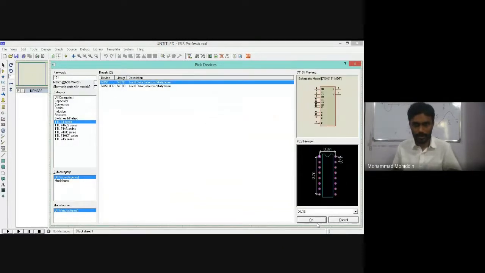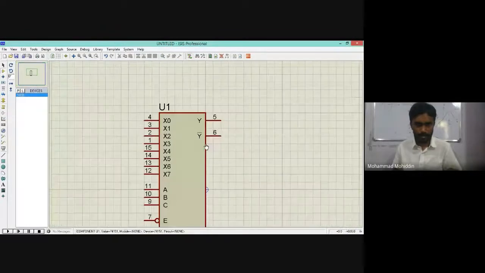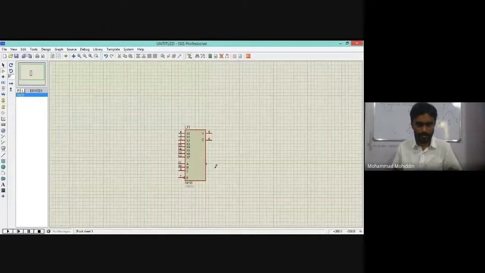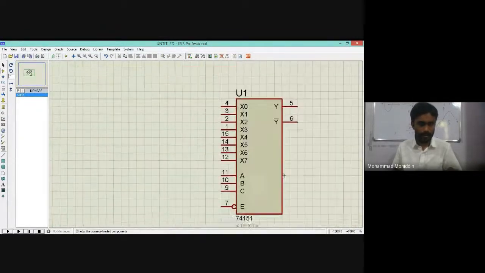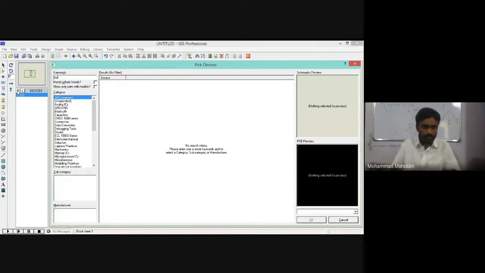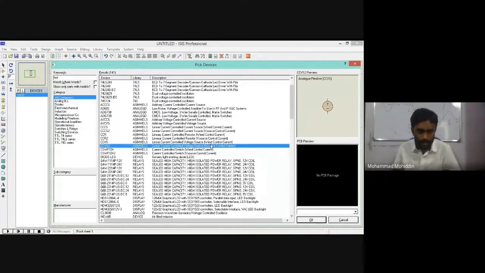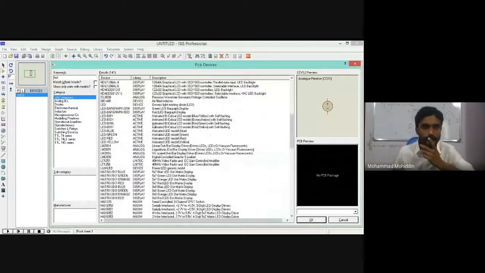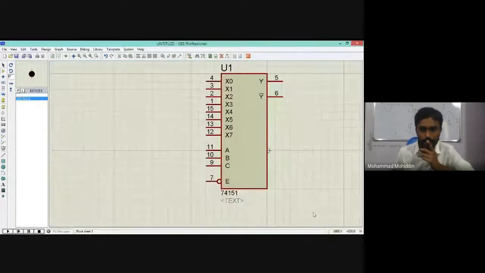You will take 8:1. This is the 8:1 mux. We'll try with this and take one LED as it is, right? I'm taking the same. Take one LED, blue color.